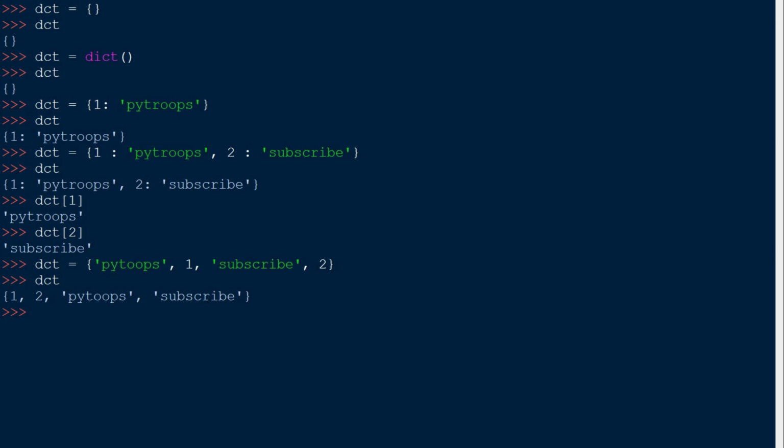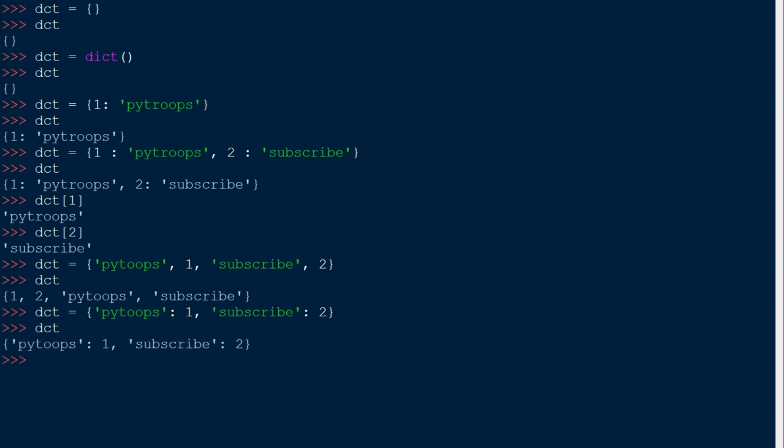Remember I told you that keys and values are separated by a colon, not by commas. Key value pairs are separated by a comma, but the key and the value are separated by a colon, like this. So let's just change this. dct equals to, let's just copy it and paste it over here. Change this comma to a colon and change this comma to a colon. We need this comma over here because it will separate the key value pairs. Okay, now let's just press enter, type dct again and press enter. See, we got our dictionary.